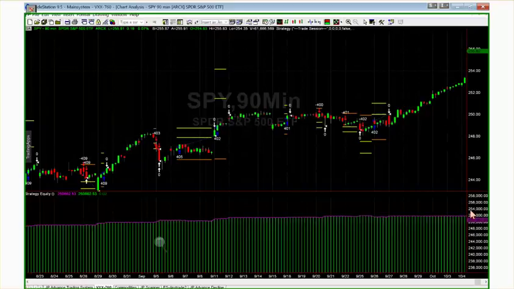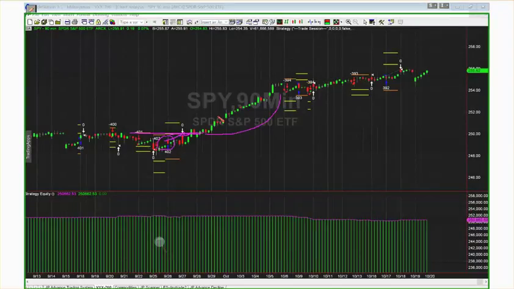What I wanted to bring this into focus for was another reason, gang. It got long, got out, and yet because of the risk, now this leg up to the upside, if you notice, 1, 2, 3, 4, 5 days, it doesn't capture that leg to the upside. Is this a bad system? No, it just means that the risk programmed in by the individual user didn't meet the criteria of getting long. It took the profit and that was it. So it had a short position, it got stopped out, it got long, and it got out. And guess what? In the spiders, flat in this time frame.